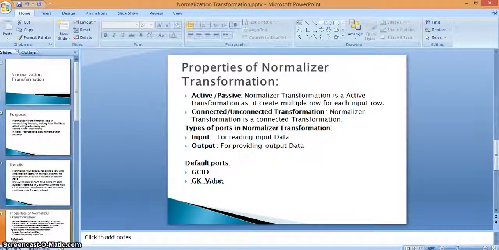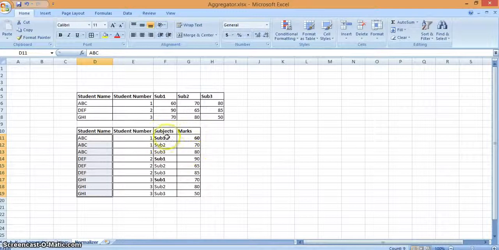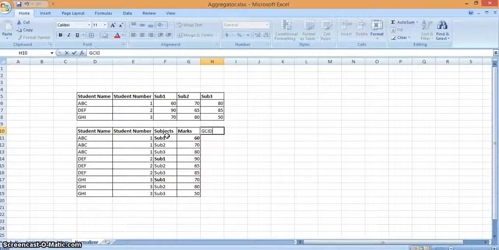Suppose here, if you look into this subject field, we have 3 fields, subject 1, subject 2 and subject 3. For these 3 fields the GCID value will be 1, 2, 3.